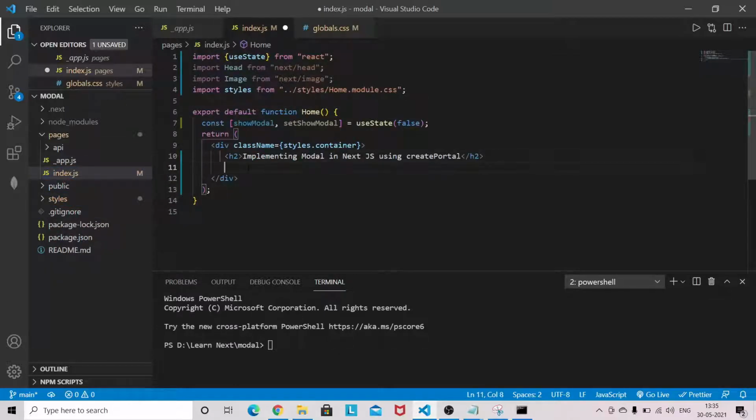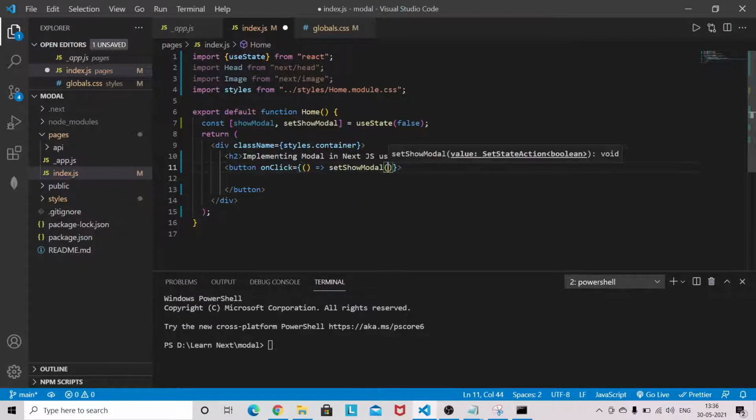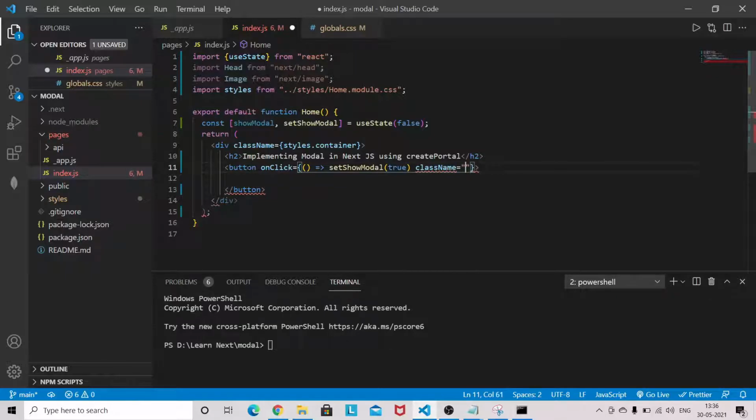Now come to the button. On the button I will do onClick, setShowModal true, and I will give the class name of btn, which is the global class name. Sorry, this curly brace is not required; this curly brace is required here. And I will give the button the name Modal.